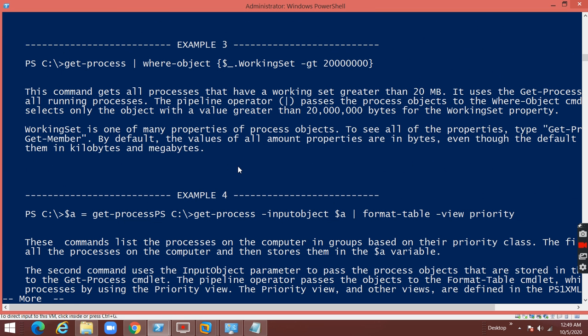See here, Get-Process | Where-Object {$_.WorkingSet -gt 20000000}. This command gets all the processes that have a working set greater than 20 MB in size. So if you want to verify the applications which are running with more than 20 MB, you can verify with this command. This is one. And the fourth example, $a = Get-Process